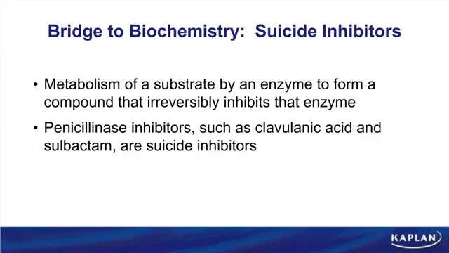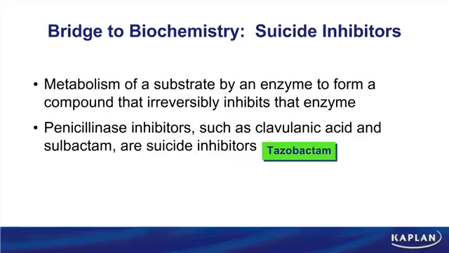In the margin is a note, a bridge to biochemistry, about the action of these beta-lactamase inhibitors. Clavulanic acid, sulbactam, and a third drug called tazobactam are all what's called suicide inhibitors, which means they're going to irreversibly inhibit the beta-lactamase enzyme. They have such an effective action on this enzyme, it allows our penicillins to work even against organisms that are